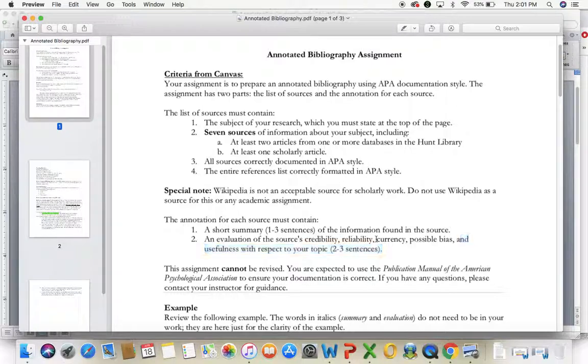credibility and reliability, which kind of go hand in hand together. If it's credible, it's probably reliable. If there's any possible bias, right? This may or may not be present in your article. Sorry, I'm disagreeing with myself in my head because I think everybody is biased implicitly, but ignore my statement. You may have obvious bias in your source, but you may also have implicit bias,